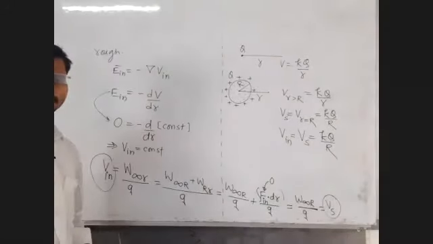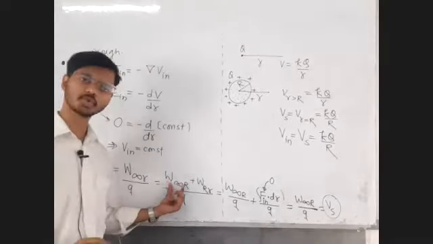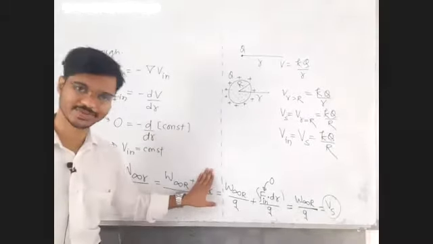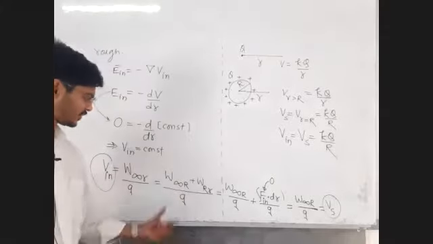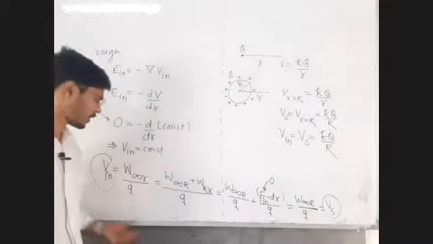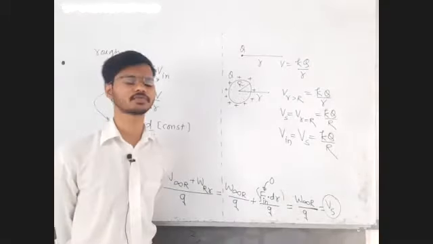Everyone. Simple part. Work done has been split into two parts. The upper part becomes 0, which means only infinity to surface remains. So infinity to surface means surface potential. At any point inside the shell, the potential will be equal to the surface potential.